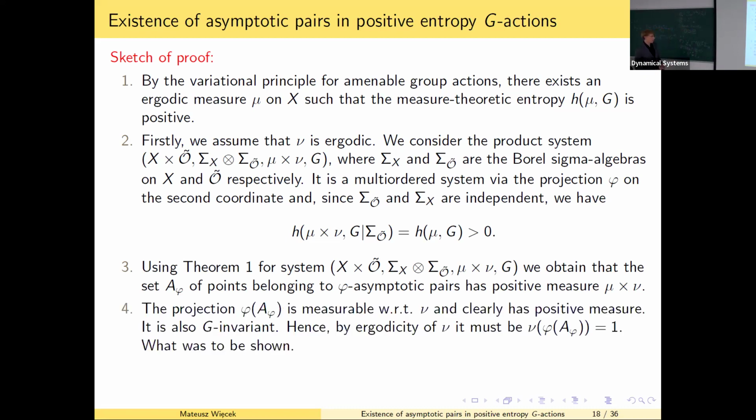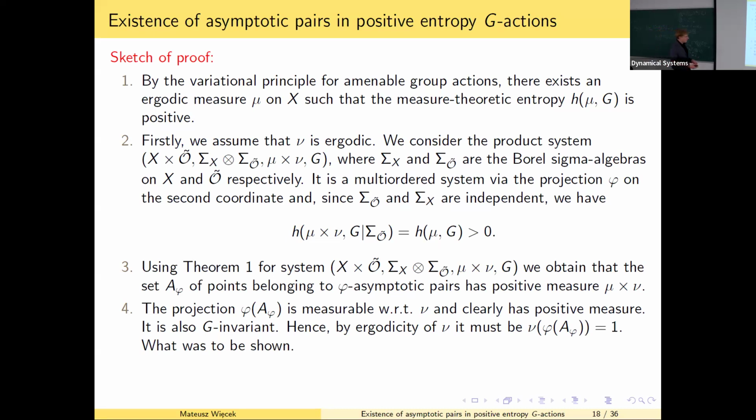But as you recall, the set A phi was analytic, so its projection on the second coordinate is also analytic, so it is universally measurable in this case. So it is measurable with respect to measure mu. First, we are dealing with the case where mu is ergodic, because the non-ergodic case we will deal with very quickly. So now we assume that,